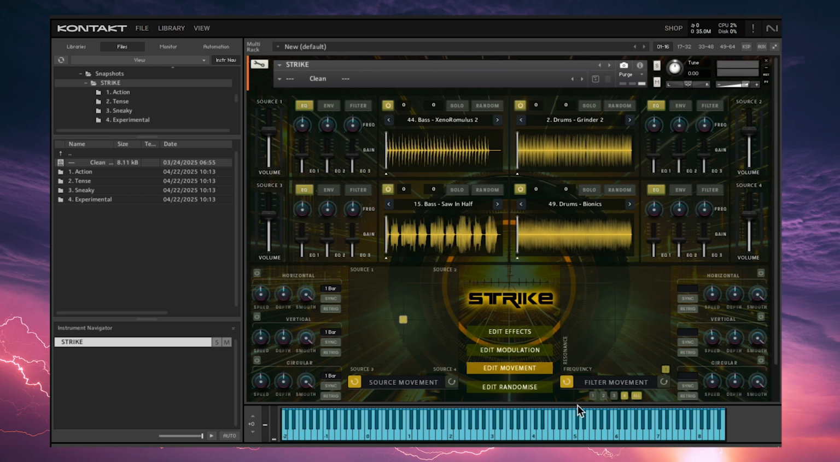Okay. So your XY pad over here is labeled source movement. That's just going to crossfade between these 4 source layers. I can sync this with my DAW, for example. So if I turn on circular,